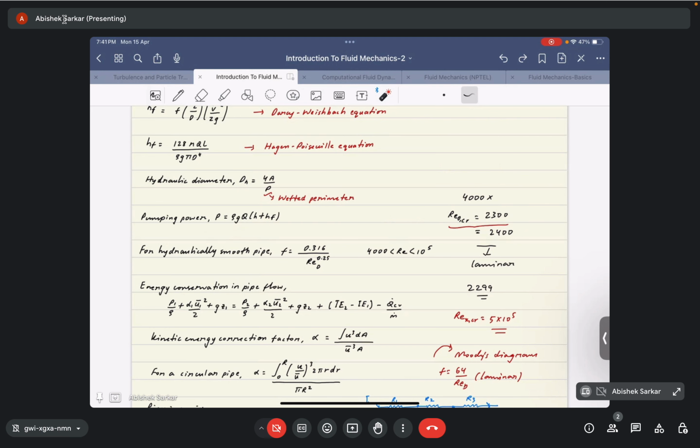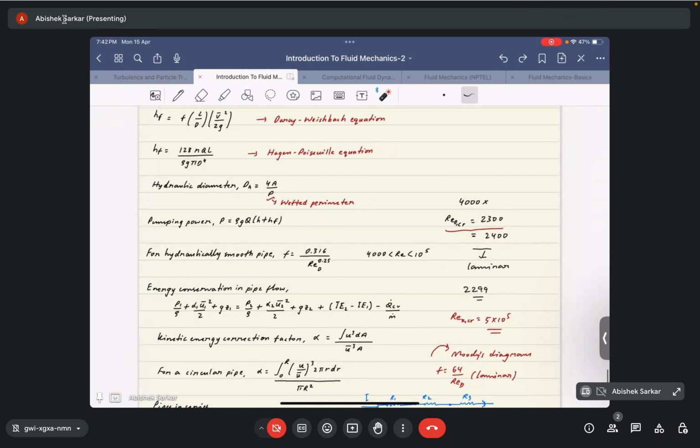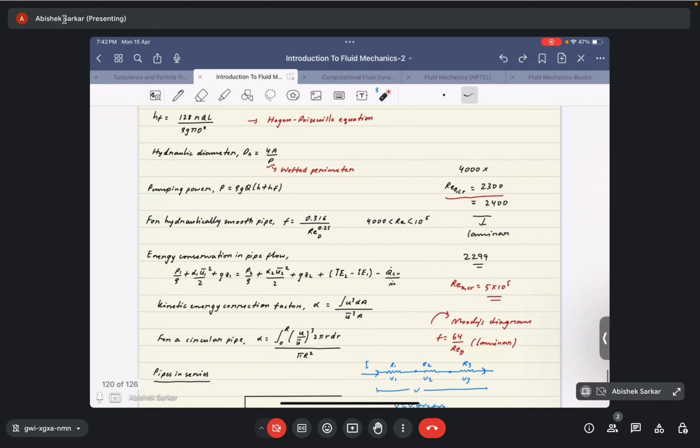Then DH is the hydraulic diameter, which is basically given by 4A by P, where P is the wetted perimeter. Say if this is the pipe and flow occurs through the entirety of the pipe, then the wetted perimeter is the entire circumference of the pipe. Sorry, wetted perimeter. Then for a hydraulically smooth pipe, friction factor F is equal to 0.316 by Re_D to the power 0.25,